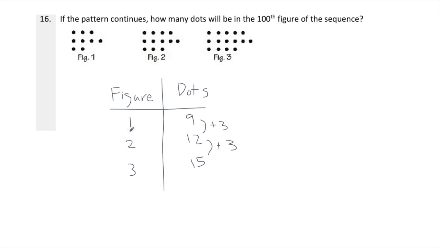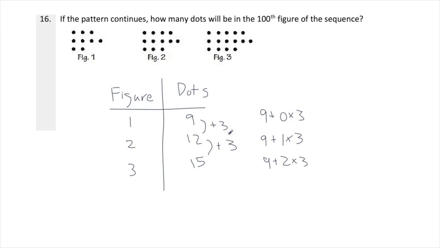Looking at the first figure, we see that we have the initial value plus 3 0 times, so we can write the number of dots for the first figure as 9 plus 0 times 3, because we add 3 dots 0 times. We can write the value of the second figure as 9 plus 1 times 3, because we add 3 once. We can write the value of the third figure as 9 plus 2 times 3, because we add